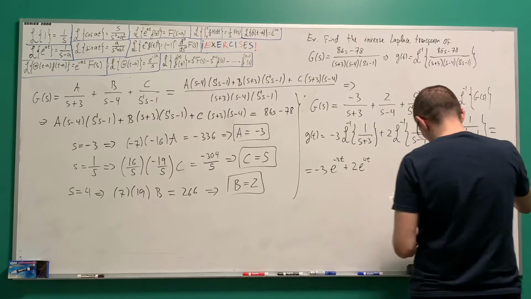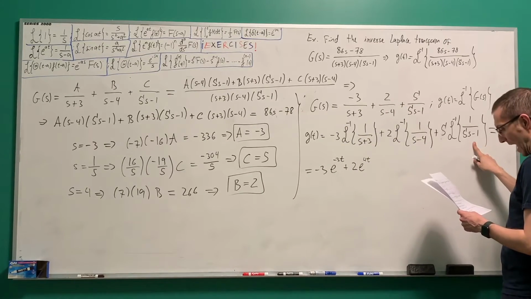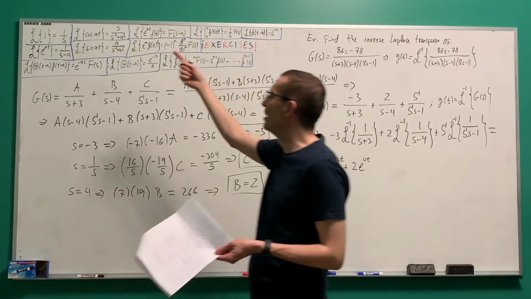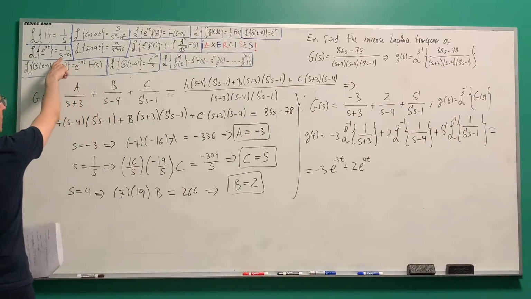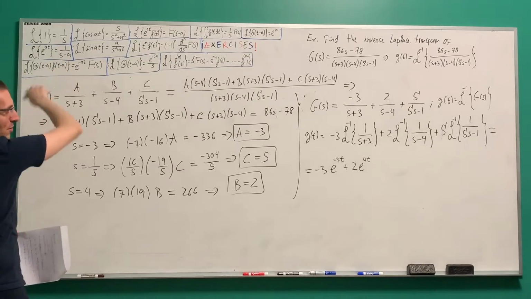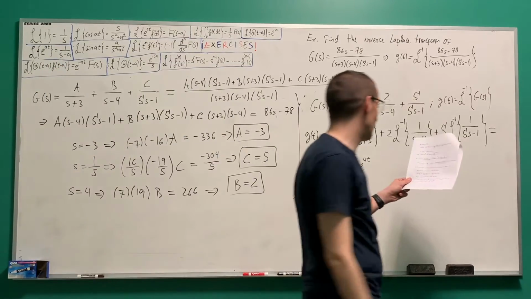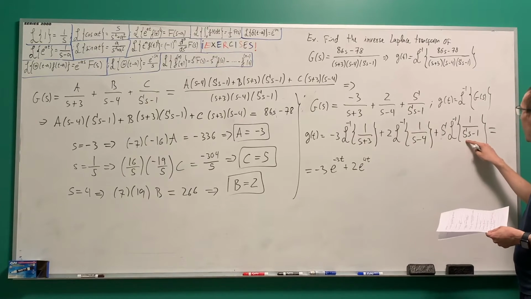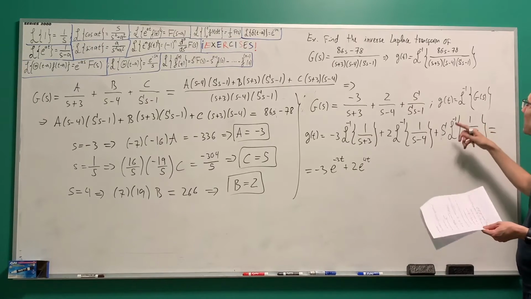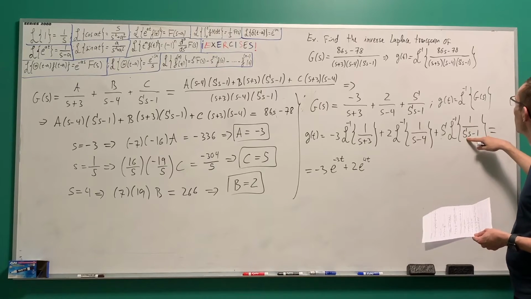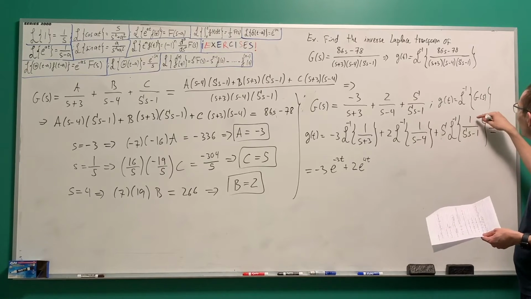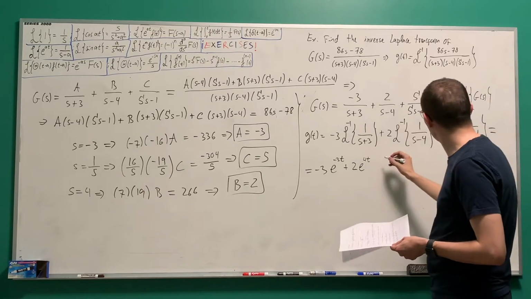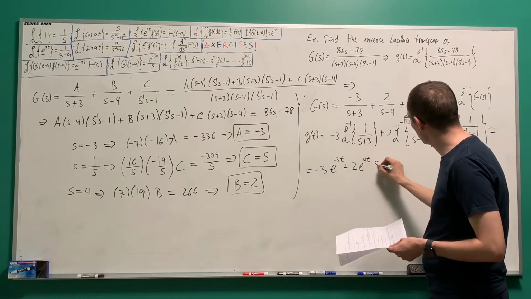Finally, this one, we need to write as an exponential, but it doesn't quite look like the exponential, because to have the exponential here, I need to get an s alone, and I have a 5s in there. Well, no matter. What I do here is multiply by 5, which is to divide the numerator and denominator by 5. Right, if I do that, I get 5